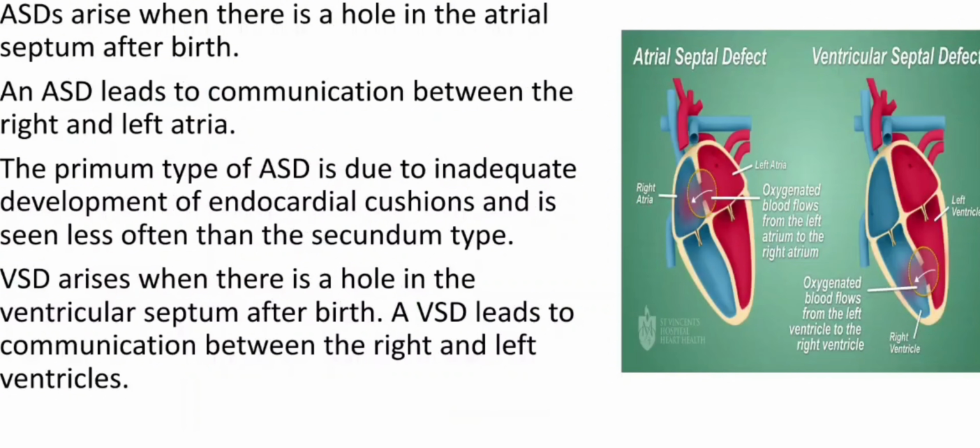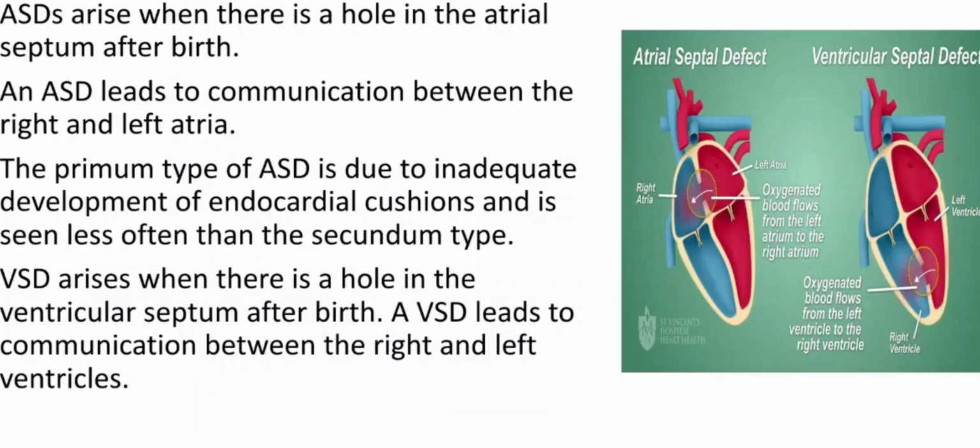ASDs arise when there is a hole in the atrial septum after birth. As you can see on the diagram there, an ASD leads to communication between the right and left atrium. So there are types of atrial septal defects. The primum type of ASD is due to inadequate development of endocardial cushions and is seen less often than